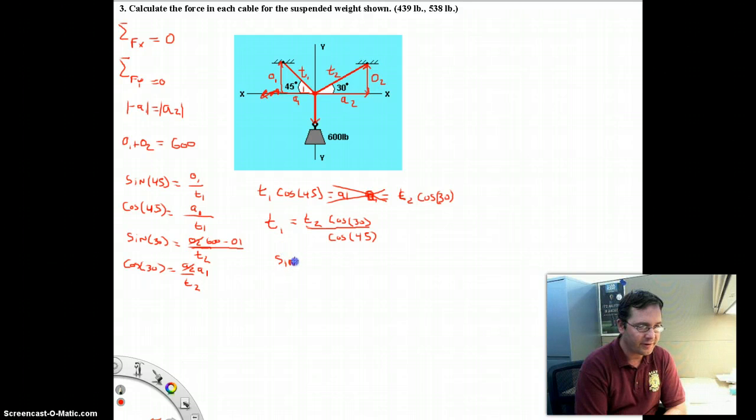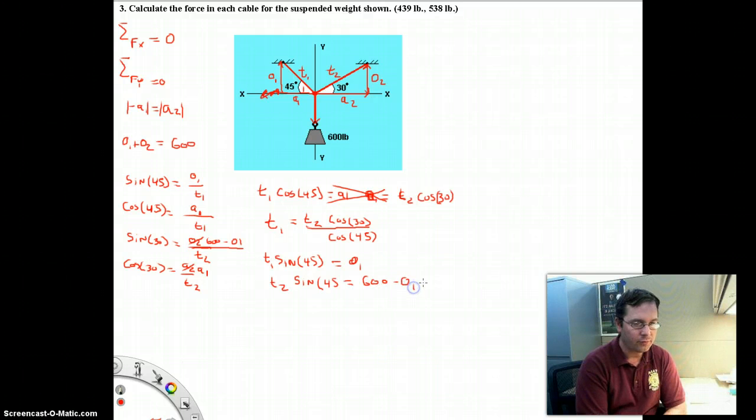So sine of 45 times T1 equals O1. And same thing here, T2 times sine of 45 equals 600